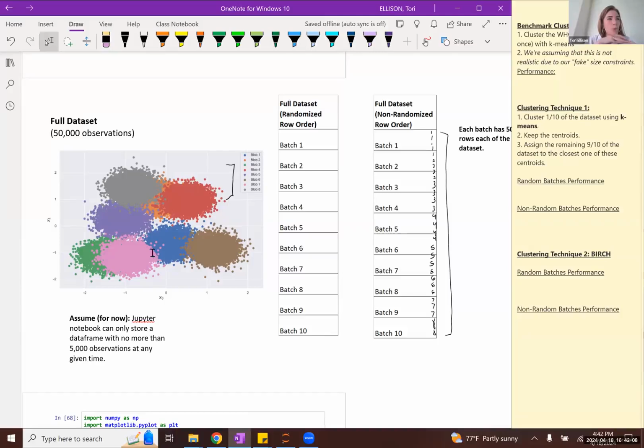So would we expect to see this perfect correspondence between our k-means cluster labels and our Gaussian labels? Or are we setting ourselves up for failure by expecting that?